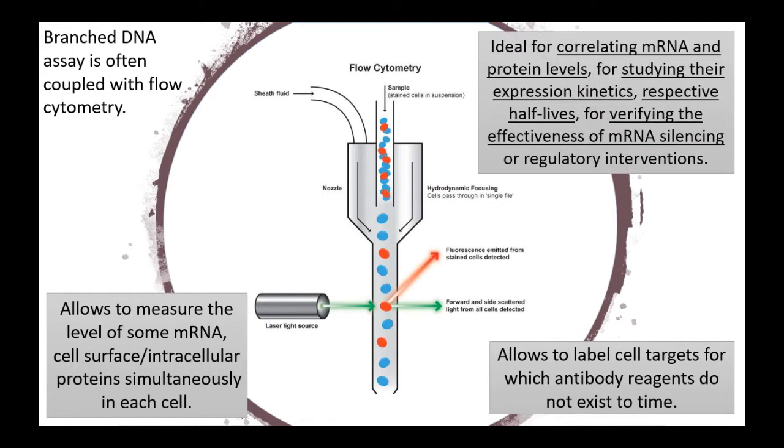This technology is also ideal for correlating mRNA and protein levels, for studying their expression kinetics, their respective half-lives, and also for verifying the effectiveness of mRNA silencing or regulatory interventions. The ability to measure gene expression by flow cytometry creates many opportunities for efficient investigations of nucleic acid expression characteristics